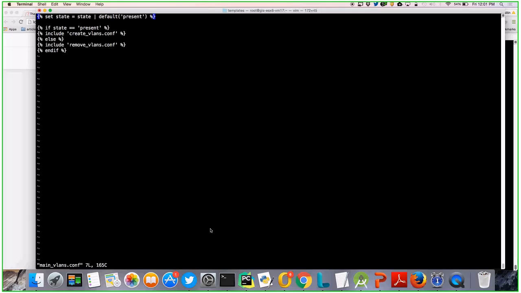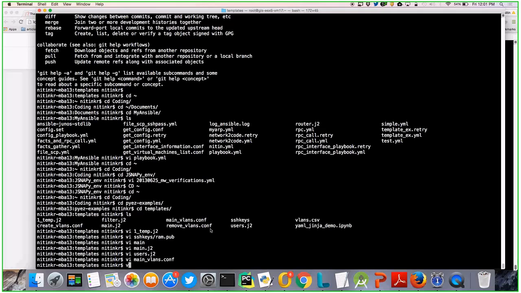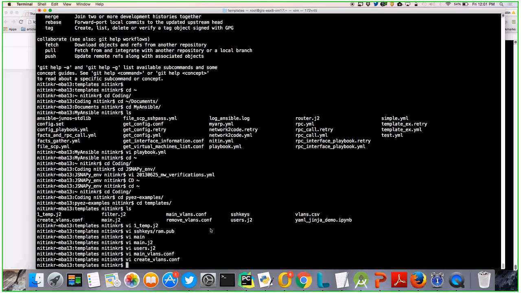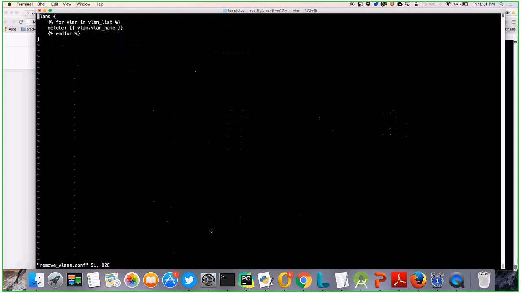So if I'm doing set, you can just ignore that part for now. So this is your if condition. If state value is present, include create VLAN, else include remove VLAN. So these are the two VLAN configuration templates which I have defined: create VLAN and remove VLAN. So there's a create VLAN, which is again a Jinja template, and remove VLAN.